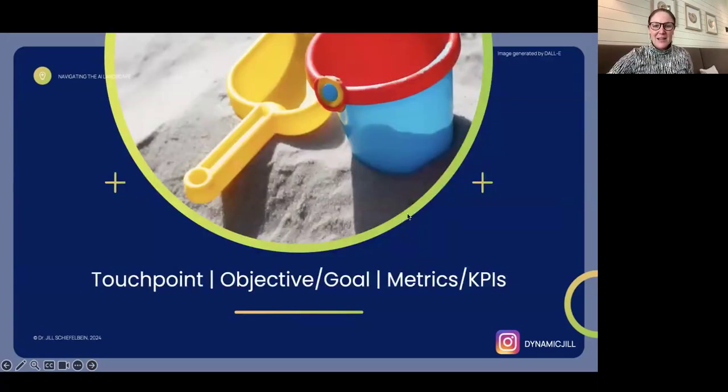Along with that, I really like to make sure that you're able to tie whatever you're doing to some type of communicative touch point, an objective, a goal, and have a metric or a KPI, a key performance indicator, attached to it. Because I'm a very data-driven person, and what I can measure, I can work on improving.